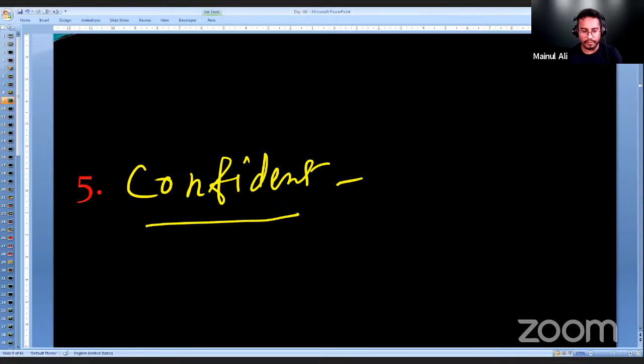It is adjective, not noun. So definitely whenever we speak something, we use this word when we have no courage at all, when we are not feeling well, we are shivering, and just looking here and there. At that time we call that you are not confident. But now they have to find out the opposite word of confident. What is the opposite word of confident? Come on, write it down.